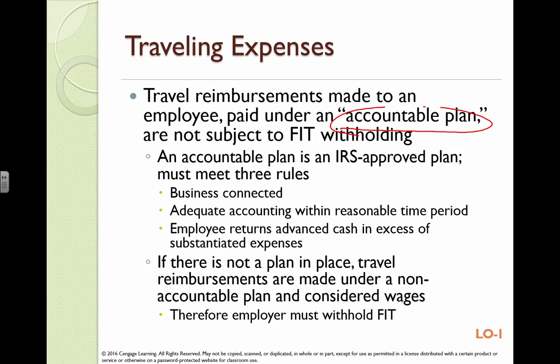If I don't have a plan in place in my company that states all the rules and policies, then it's called a non-accountable plan, which means there isn't a plan. And then all that reimbursement they gave me is considered wages and shows up on my W-2. Does that hit you how profound that is? If I'm traveling and entertaining docs 250 days a year, I probably have $40,000 in out-of-pocket expenditures that are reimbursed by my employer. You want that on your W-2? No.